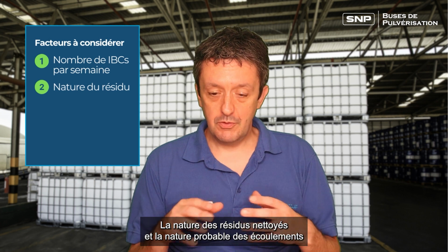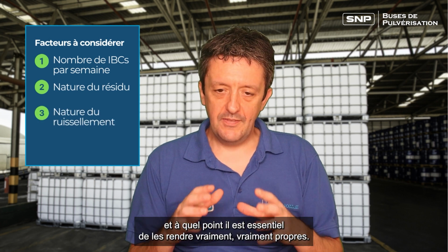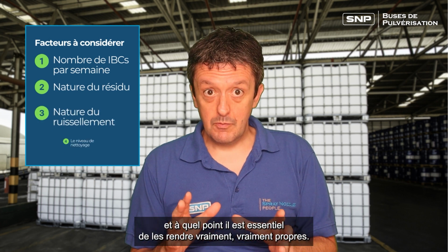What's the best way to clean an IBC tote? Now this depends on a number of factors. The first is the number that you're going to be cleaning per week, the nature of the residues being cleaned and the likely nature of the runoff from that cleaning process, and then how critical it is to get them really clean. So let's go through the main methods of cleaning IBCs and then look at the pros and cons